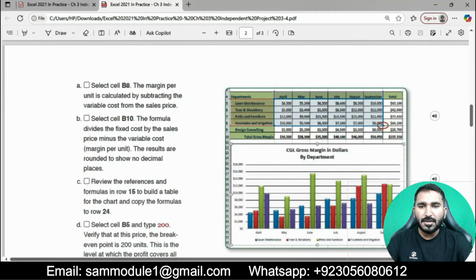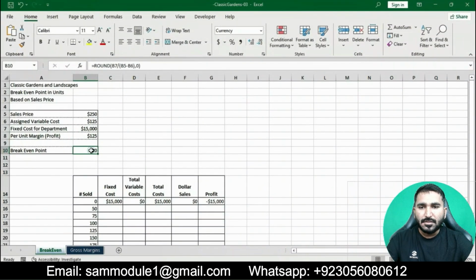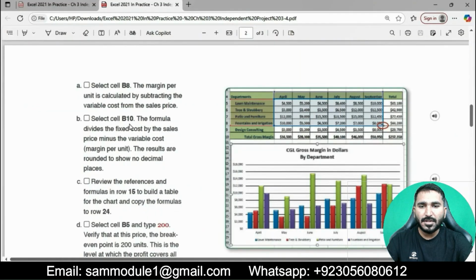Select cell B10. The formula divides the fixed cost by the sales price minus the variable cost, the margin per unit. The result is rounded to show no decimal places. Okay, you can see here. The formula divides the fixed cost by sales price minus the variable cost margin per unit.